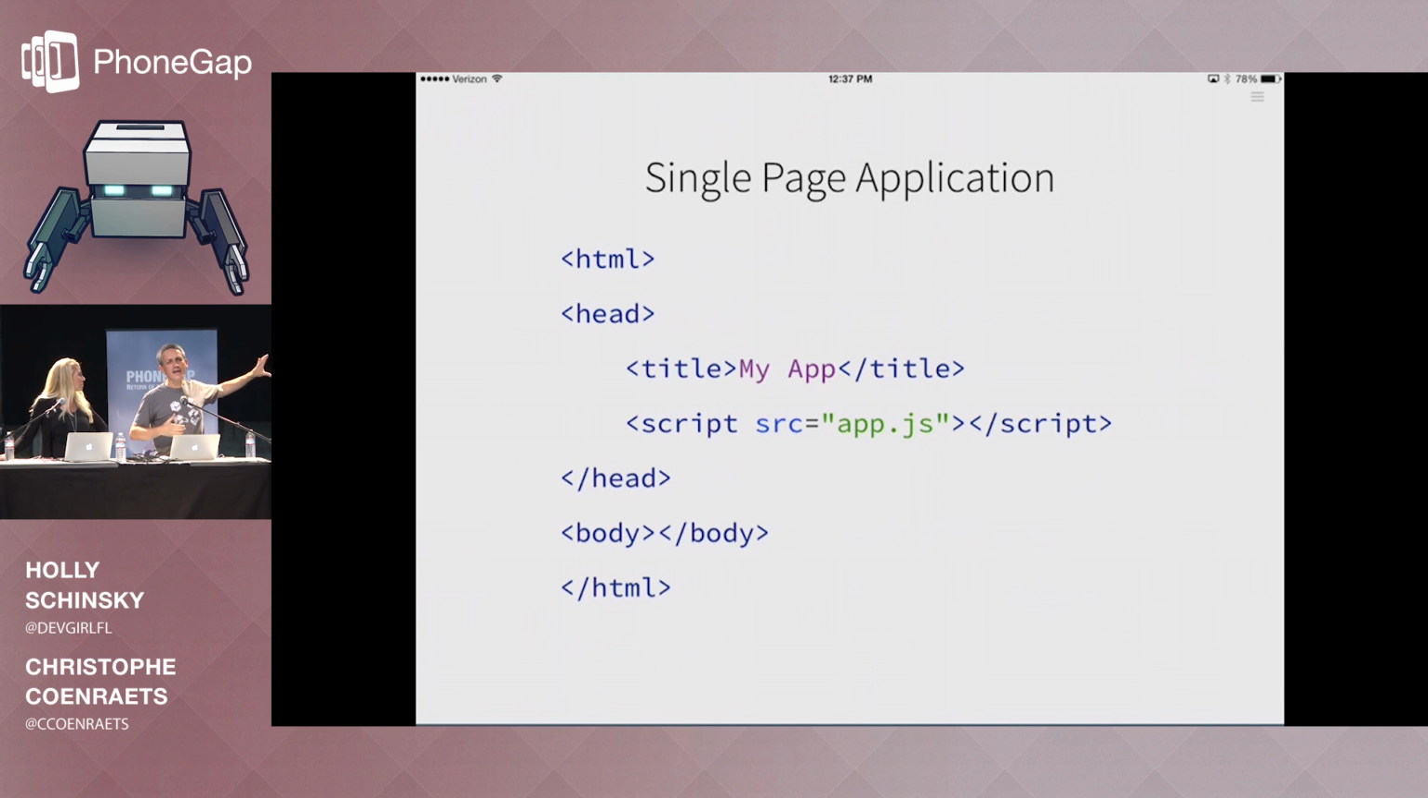This is the only static HTML page that you have in your app. I'm not kidding. It's essentially an empty body. But the trick is that app.js file, which may be huge because this is where programmatically in JavaScript, you're going to generate all the views